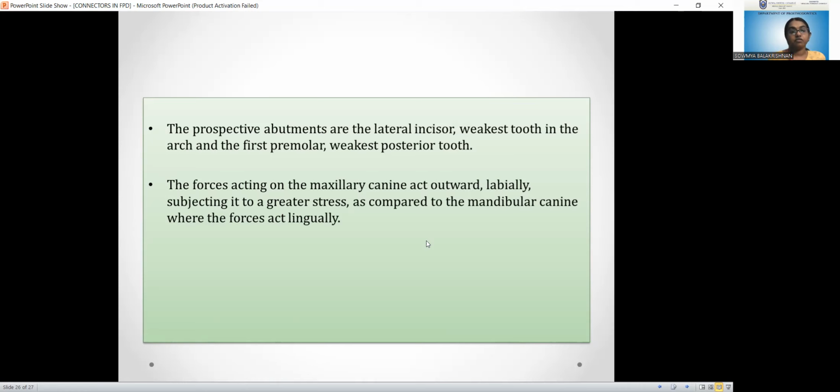And we have also talked about connectors in FPD, the different types of connectors in FPD, the classification, and also special considerations in